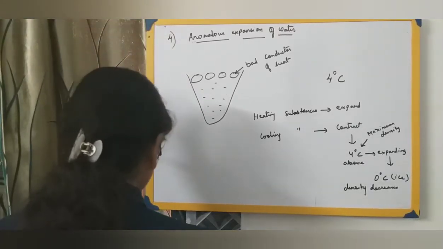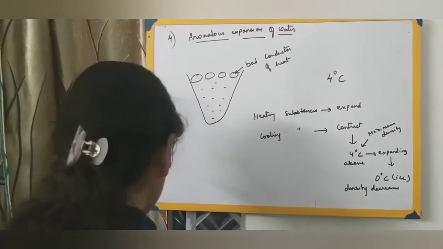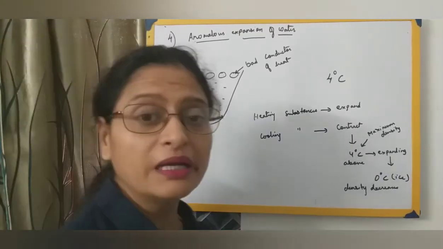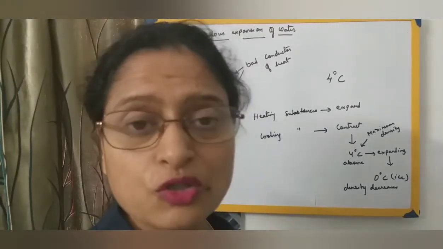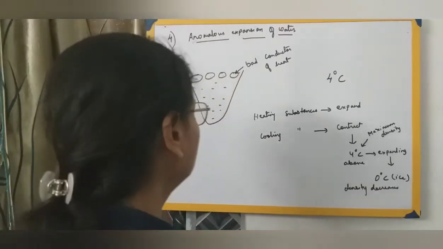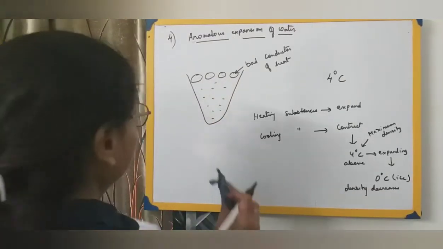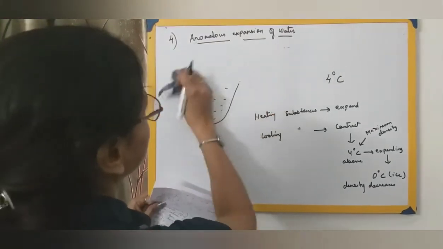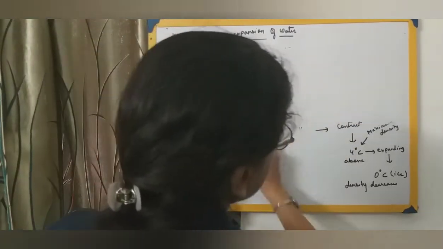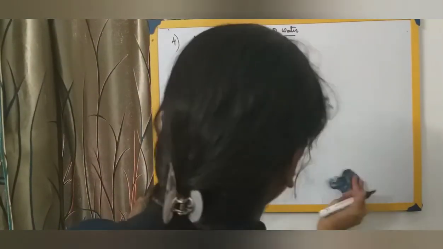I am not writing down the whole definition on the board, because it's going to take a long time. You can read it from your text, because I will also be sending you the notes. You just read from the notes. Then next we come to the next physical property, which is density.